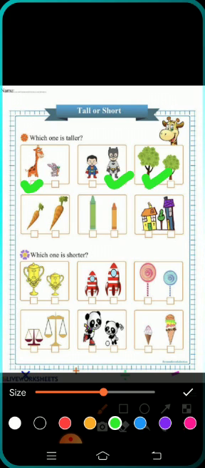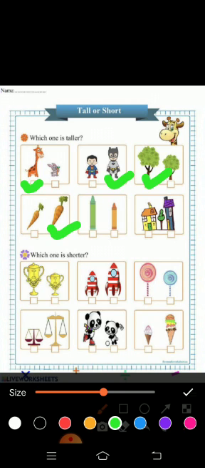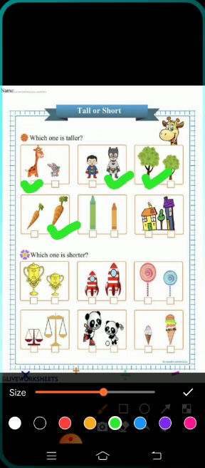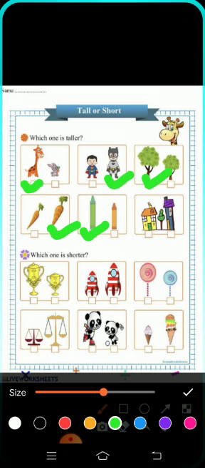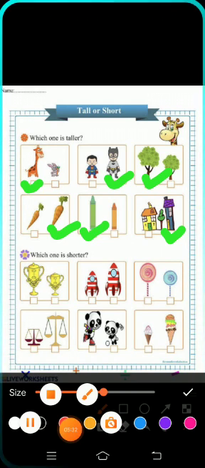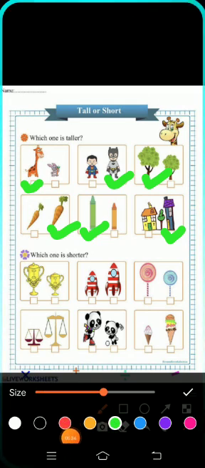And there are now two carrots. We have to take the taller one. Which is the taller crayon, children? Green or orange? Yes, the green one. And there are two buildings. We have to take the taller one. And in the other activity, children, we have to